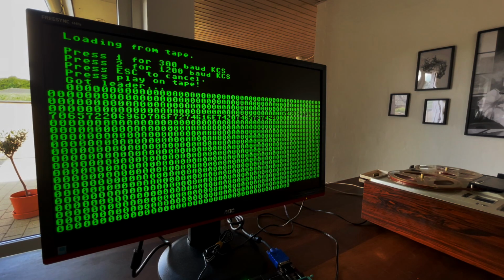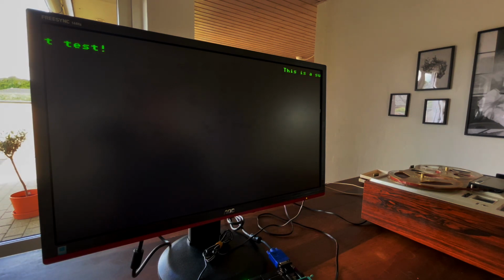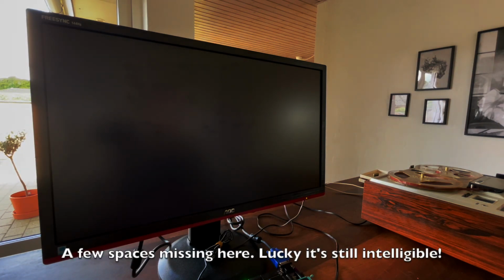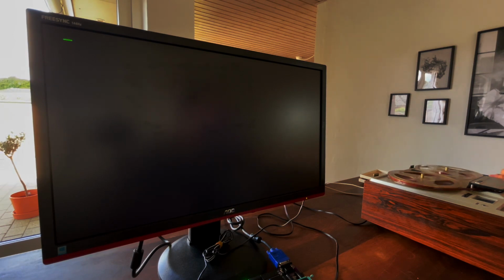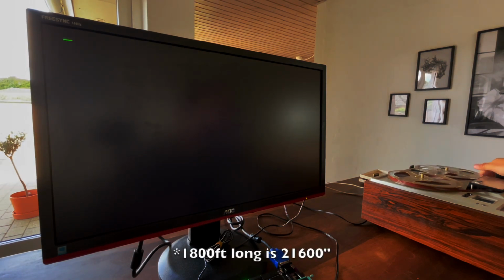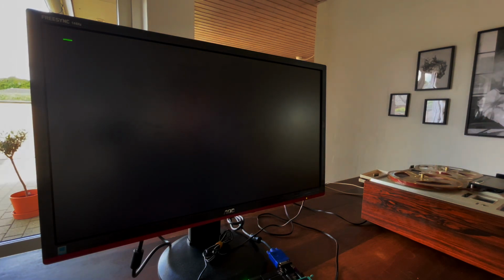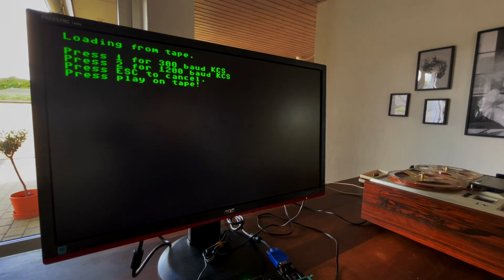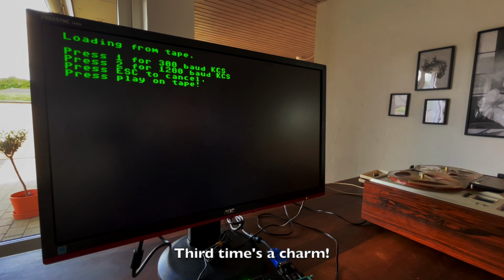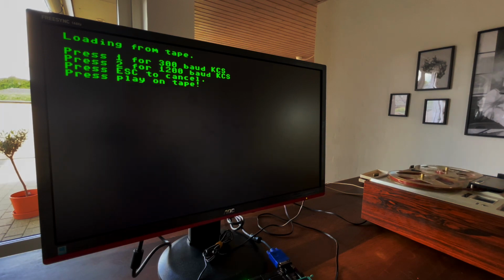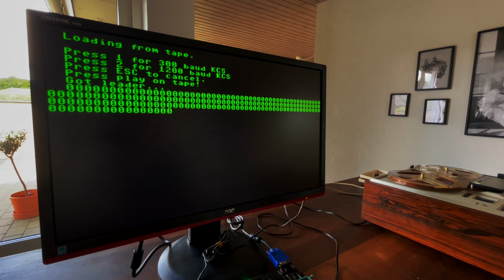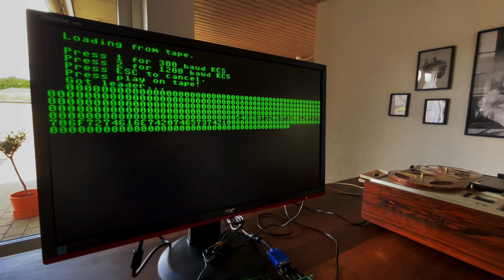While we wait for this last demo to move along at 300 baud, I have a little bonus info to give an idea of how much data can reliably be stored this way. I can tell you that the reels I use here are 800 feet long, which is 21,600 inches. Since I run the tape at 3¾ inches per second, that will give us 5,760 seconds of runtime per side. 11,520 seconds at 1200 baud instead of 300 baud will give us just around 1¼ megabyte per tape reel, if we assume we have to use 11 bits per byte.